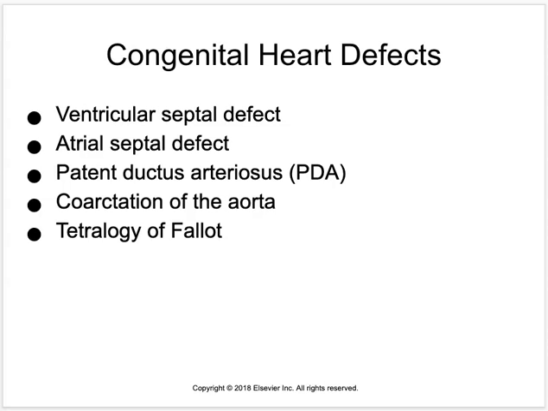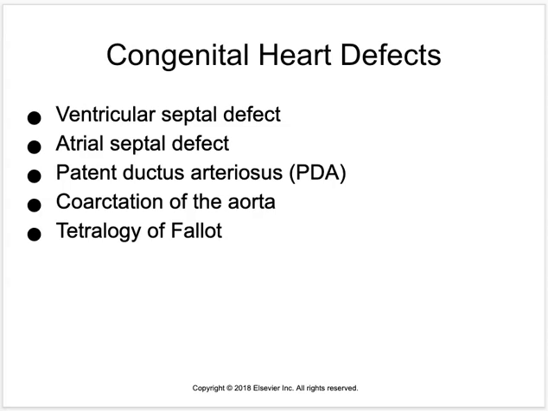Then we have patent ductus arteriosus. This is PDA. A patent ductus arteriosus is an abnormal opening between the pulmonary artery and the aorta. So an abnormal opening between the pulmonary artery and the aorta. Then we have coarctation of the aorta. This is where part of the aorta is narrowed. Okay, so if somebody has coarctation of the aorta, part of their aorta is narrowed, which would be restricting blood